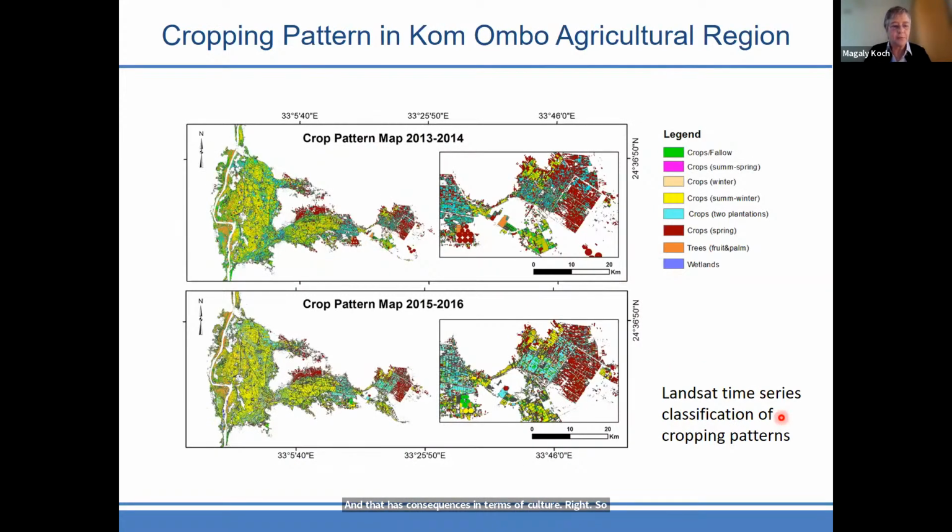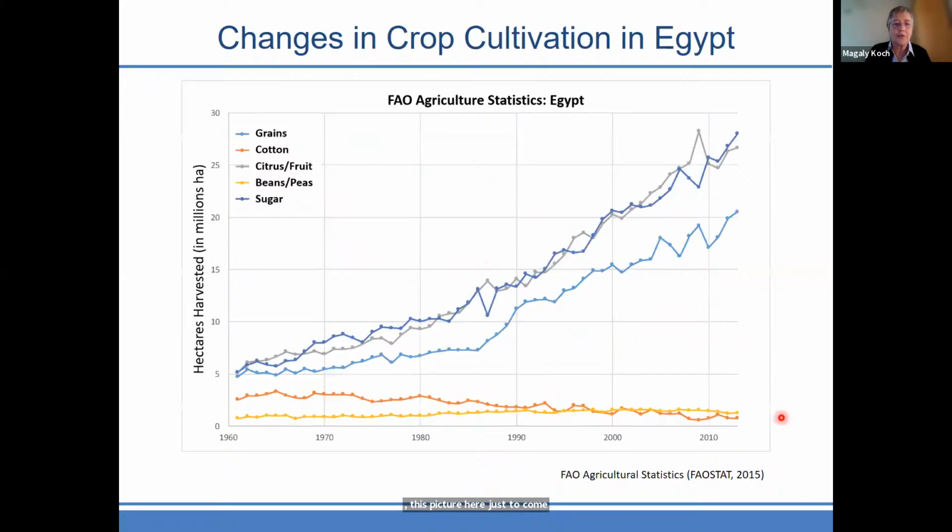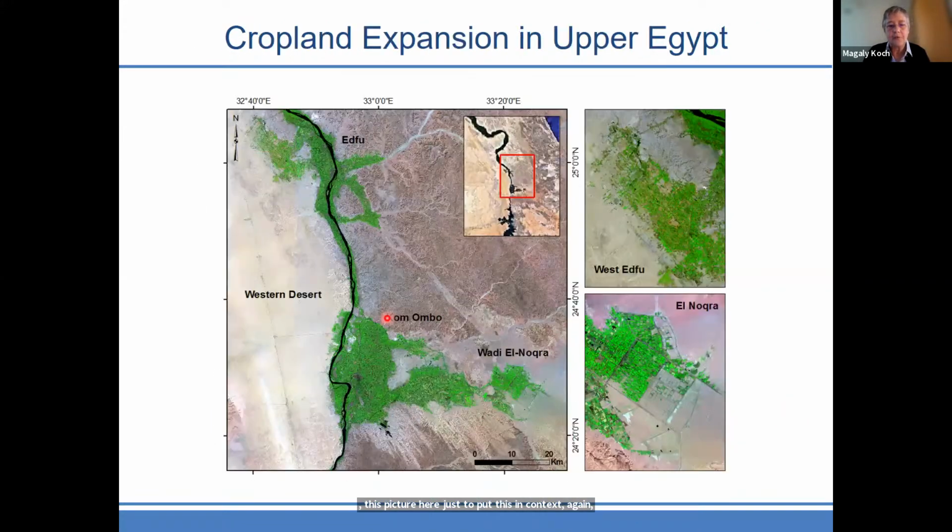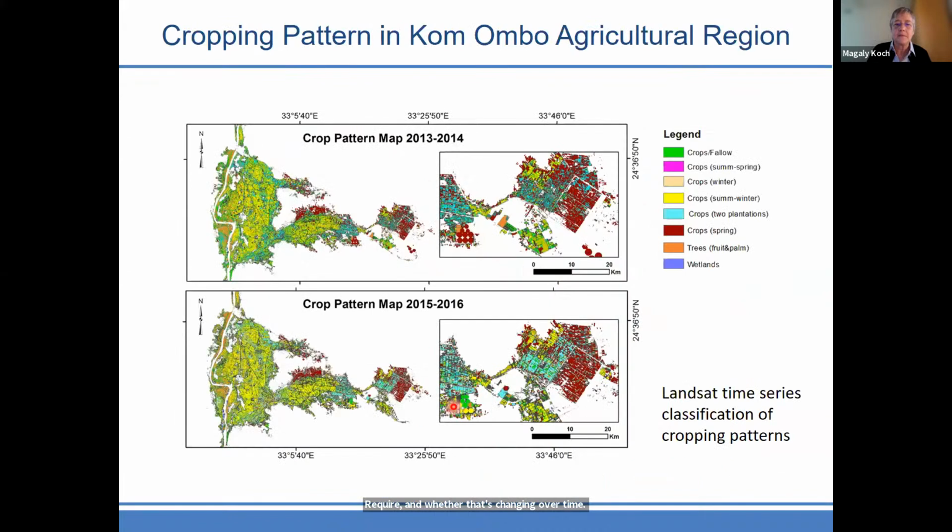So this picture here, just to put this in context again, is showing you this part here. We're now focusing on this part here and trying to map the type of crops and the cropping pattern, how the agriculture activity is intensifying, changing, and how much water consumption or how much water these crops require, and whether that's changing over time, right? So first we take a look at the crop pattern. Different from crop type, crop pattern means